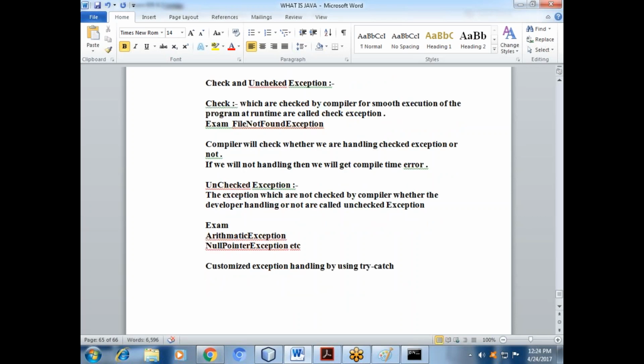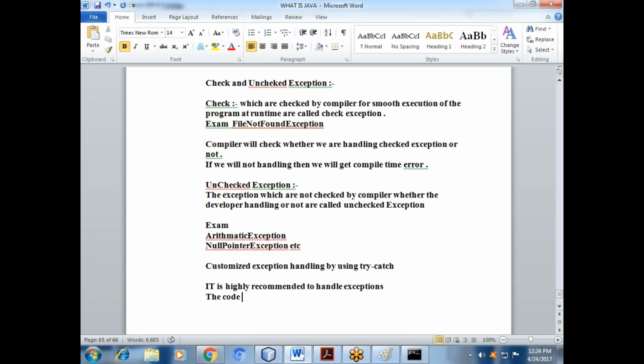So you can write, it is highly recommended in real time and most important, it is highly recommended to handle exceptions.